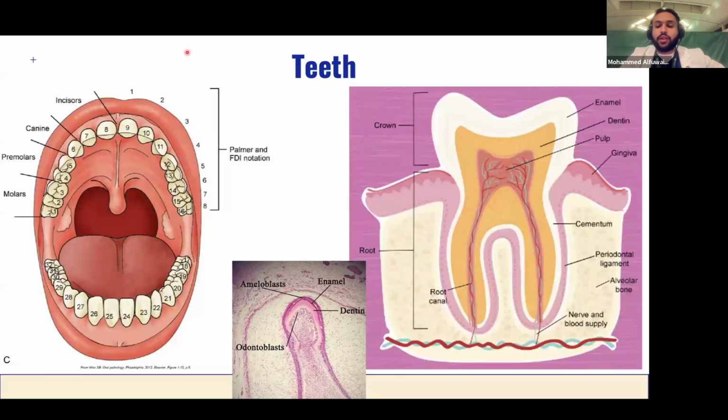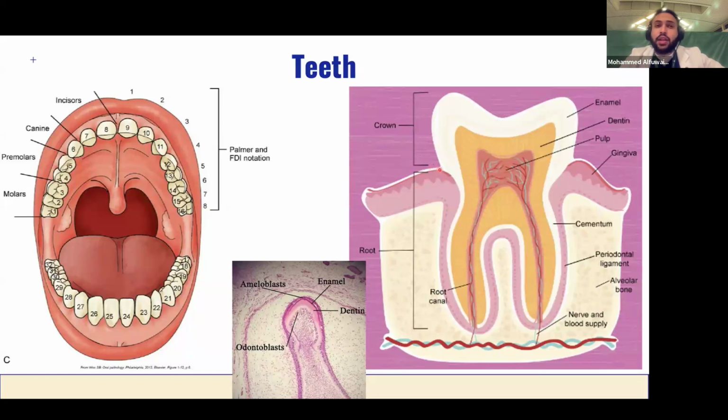Can we resume? So now what's important is the infections. In the teeth itself, if you have, for example, bacterial overgrowth, it will develop a matrix over the tooth, which is the caries or the plaques. This will start to erode the teeth. It will erode through the enamel into the dentin, then the pulp. Then from here, it can spread to adjacent structures, such as the gums. So it will cause the pathology called